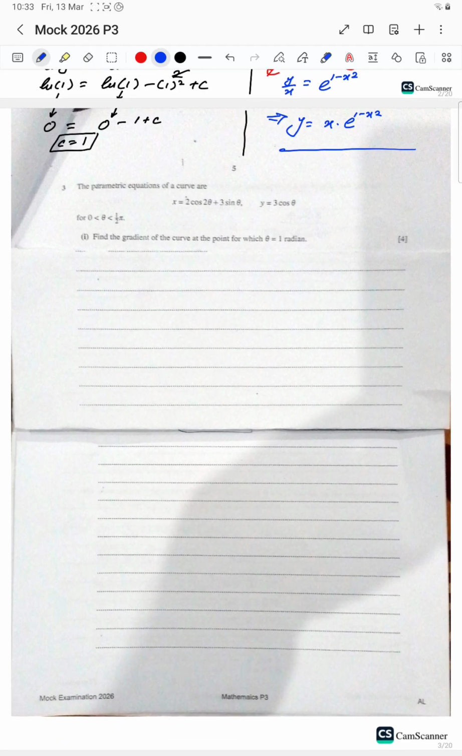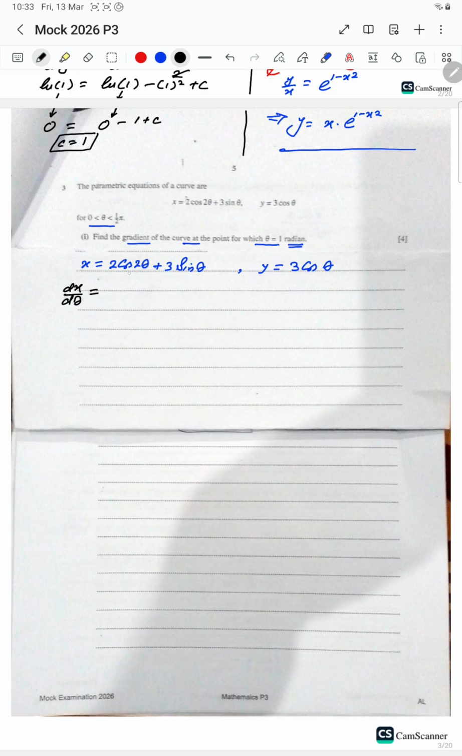The parametric equation of a curve R is given: x is equal to 2 cos of 2 theta plus 3 sine of theta, and y is equal to 3 cos of theta. It is a 4 marks question where theta ranges from 0 till pi by 2. Find the gradient of the curve at the point where theta is 1 radian. Gradient means you have to calculate dy by dx, and then you will check it for theta 1 radian. So first, for parametric equations, you have to differentiate dx by d theta